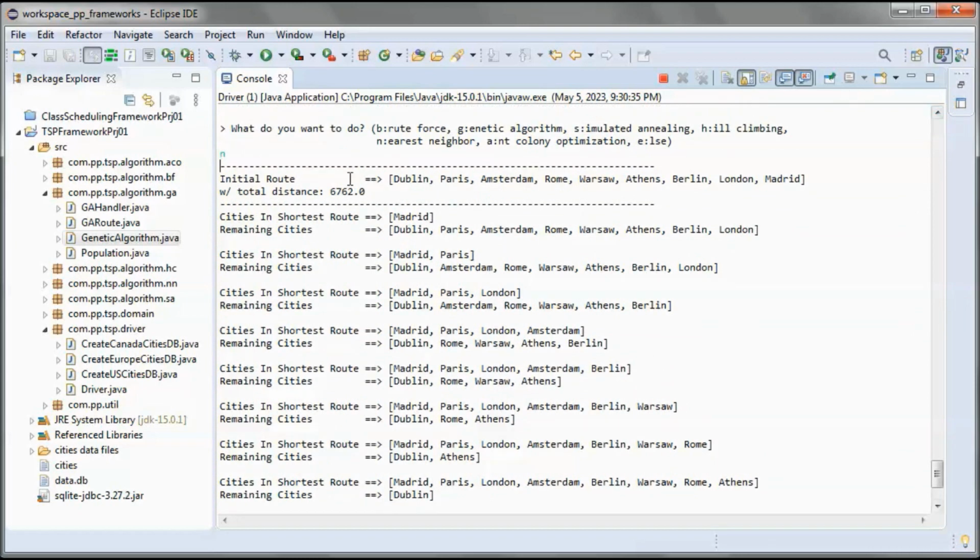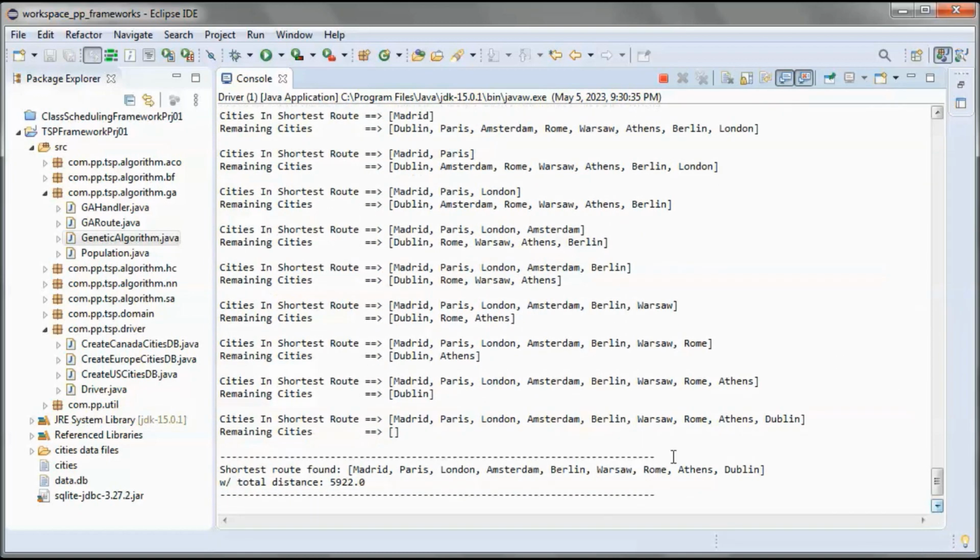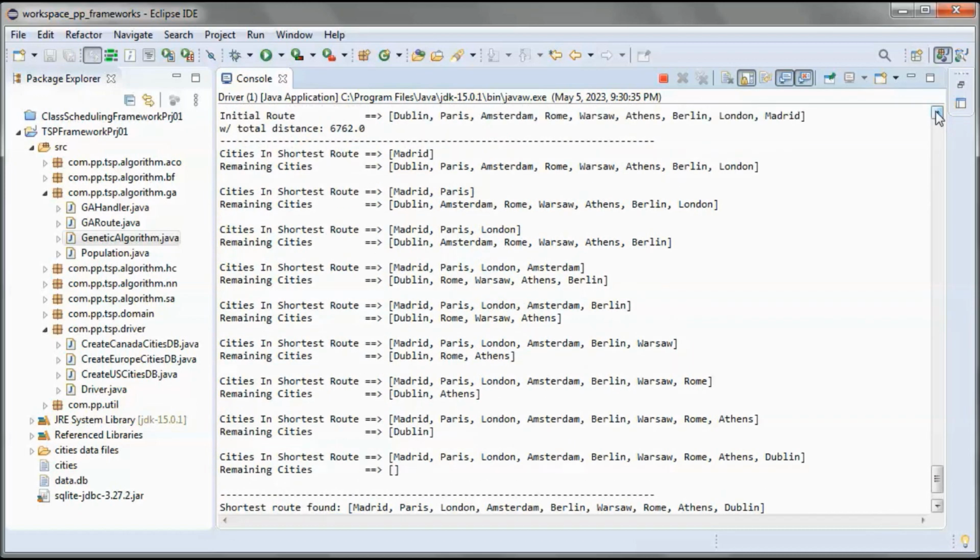So we started with this as the initial route, having this distance in miles, and we ended with this, having this distance in miles.